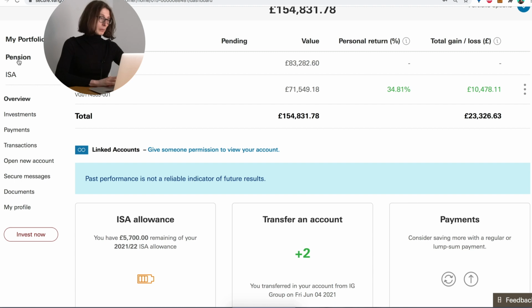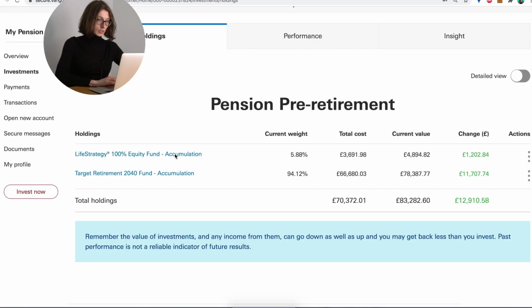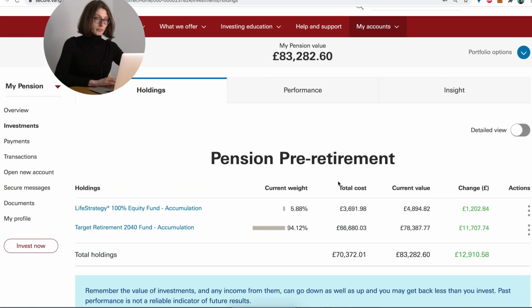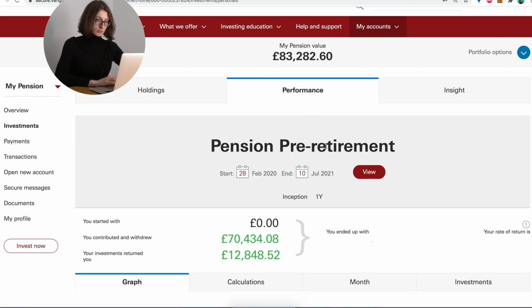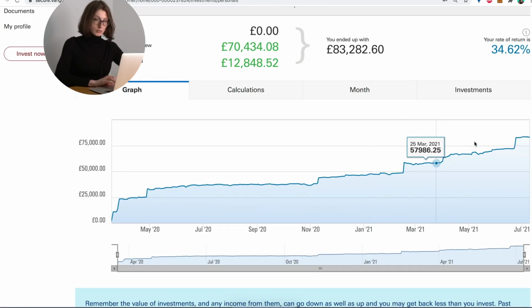First, let's take a look at my pension. Here we are, no changes, still mainly Target Retirement Fund and my LifeStrategy 100 fund. The value of my pension is over £83,000. It's been performing quite well, as you can see. And for the last month,